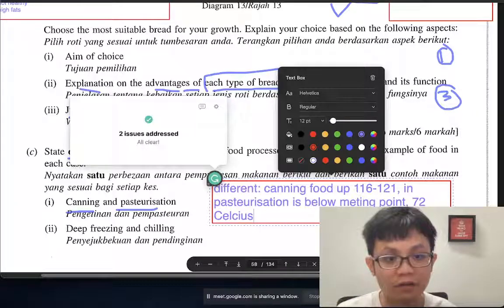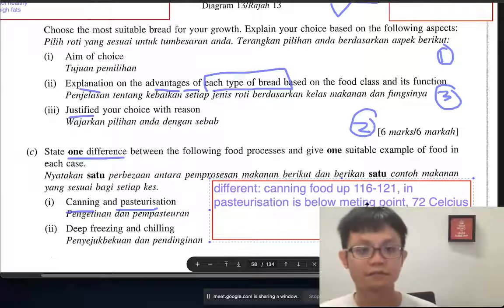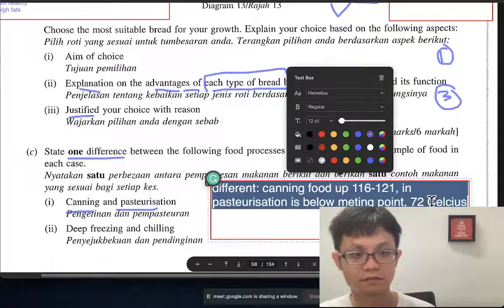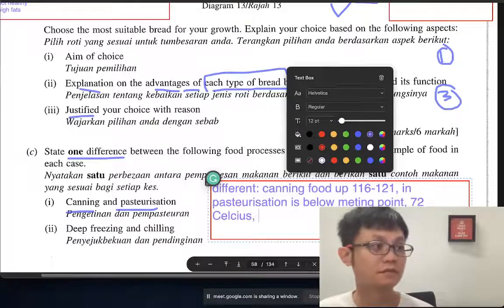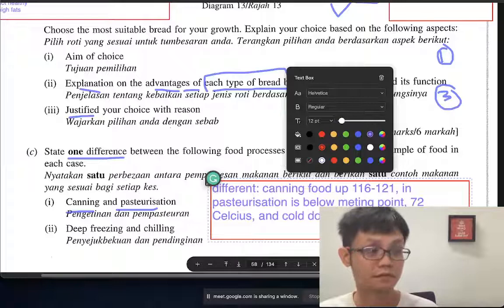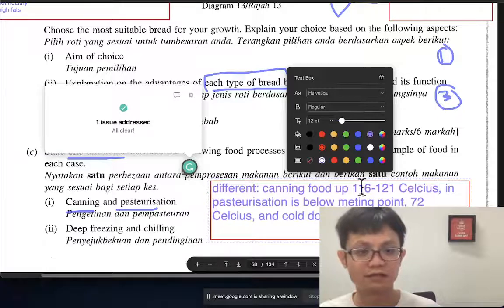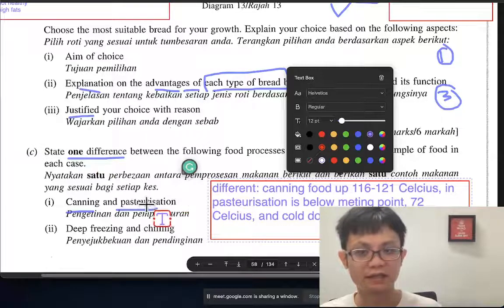Why heat below the melting point? I thought it's easier to just make it hot. Kill microorganisms. If I heat up to 120 Celsius, it can also kill microorganisms. This one is pasteurization, right? Yeah, both also need to heat up, correct? Then why is one below the melting point and one above?